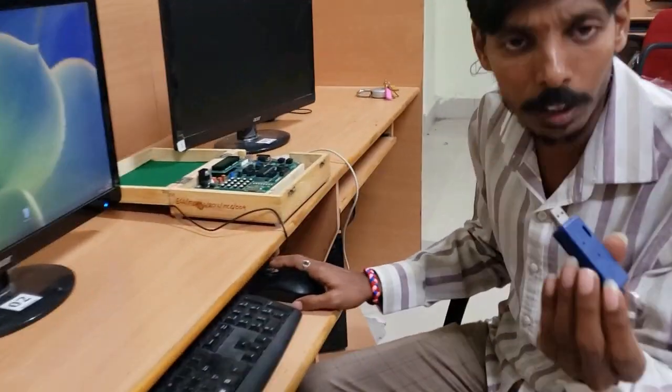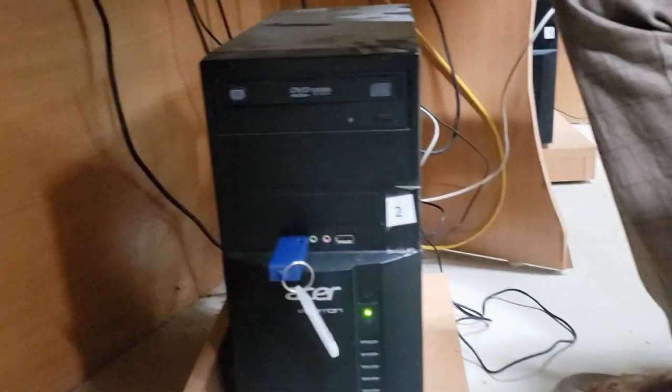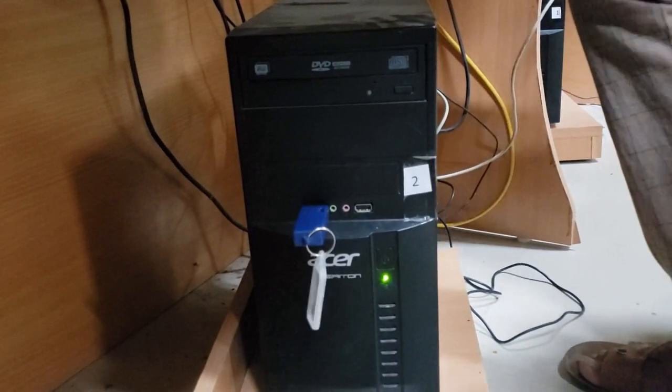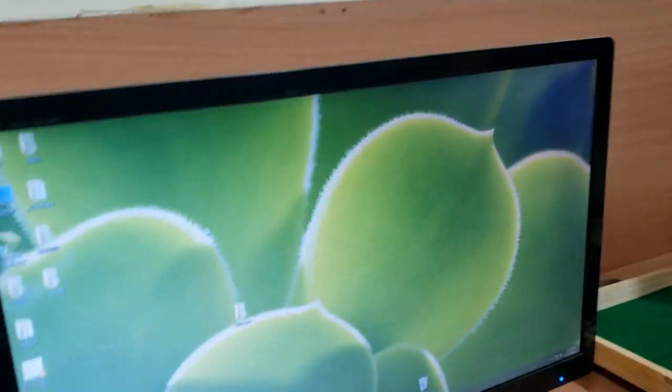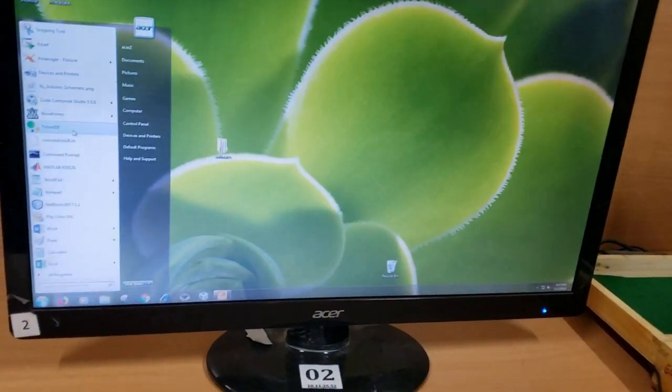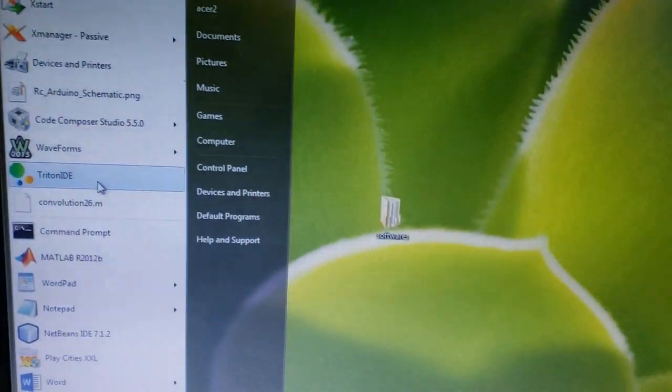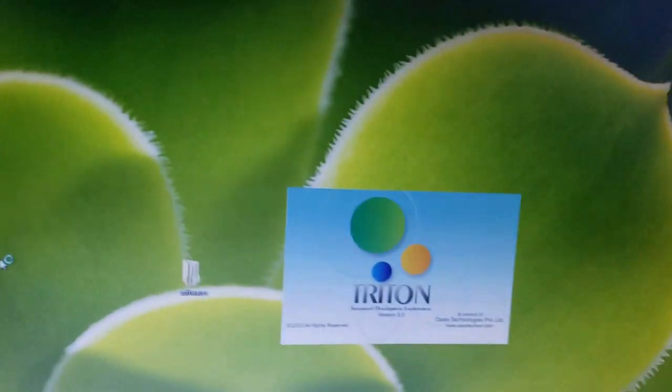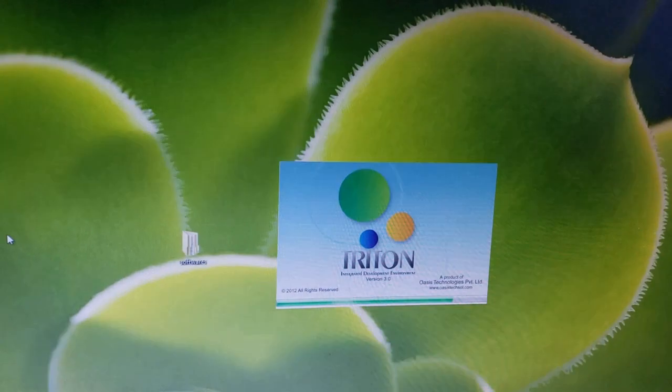You simply insert it into one of your USB ports, and it will get detected. Then we go for Triton IDE, which is available on your desktop. Simply click on it and it will pop up.